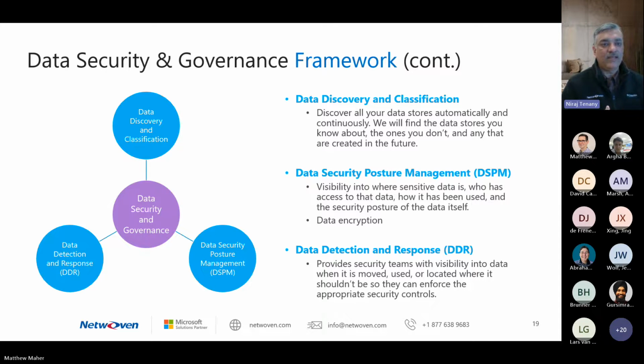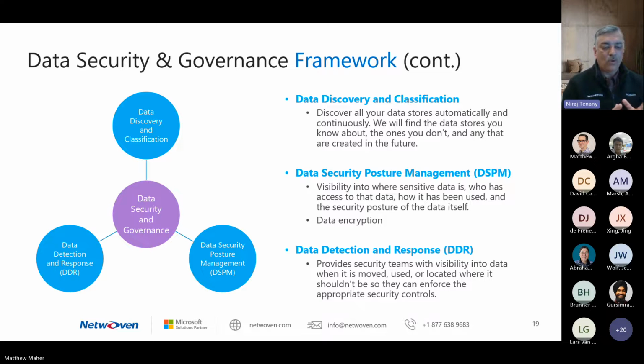Along with that, you also have to think about data encryption, what you really want to encrypt versus what you don't want to encrypt. Encryption comes at a very heavy cost. So we've got to make sure that we are able to identify what needs to be protected or encrypted and what doesn't need to be encrypted. And then you've got data detection and response.